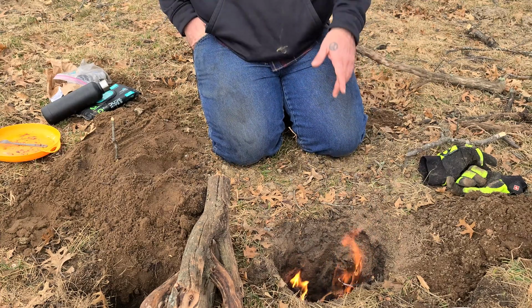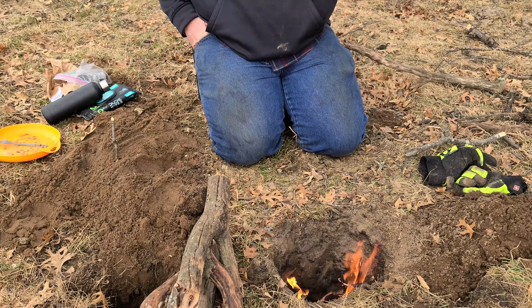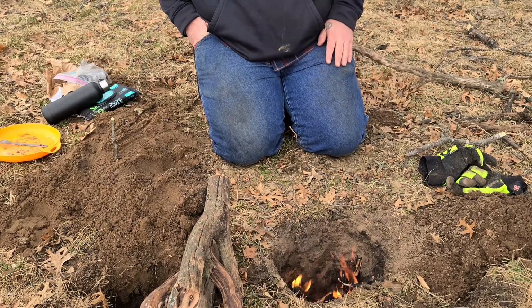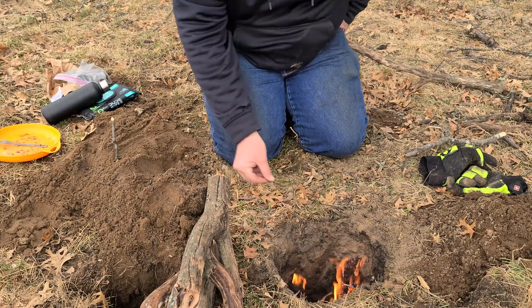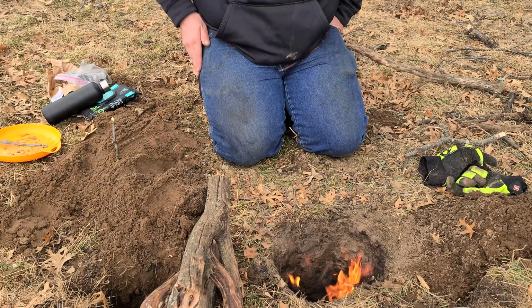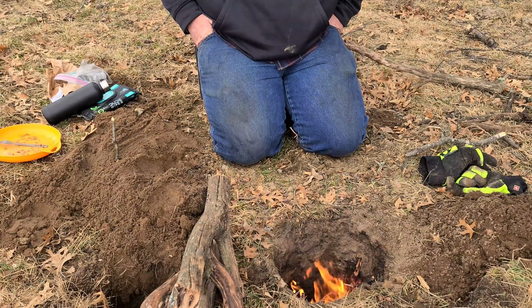Yeah, that's warm. If I needed to boil a pot of water or cook a stew or something like that, this would be great. You know, I could have dug a little channel here just so I could keep feeding it wood. Would have helped, but this is just a